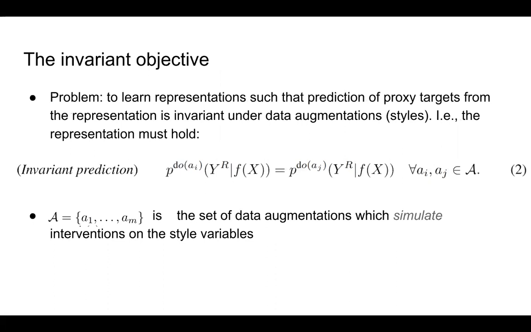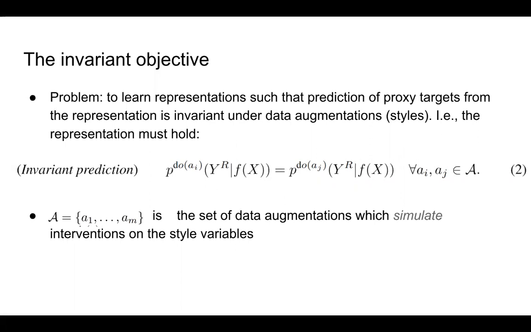Okay, let's see the objective of the invariant representation. Again, let's first redefine the problem. We want to learn a representation such that the prediction of the proxy targets from the representation will not change under different data augmentations. Here, the data augmentations mean the styles, which means that the representation must hold this environmental prediction equation, and we have a very similar